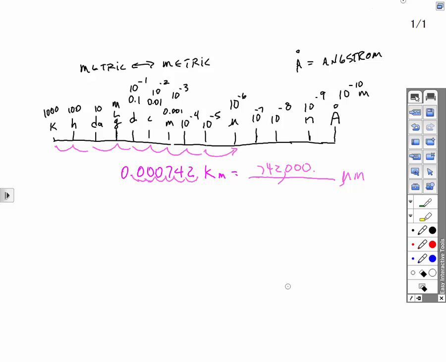So again, good luck with this. Practice it, and